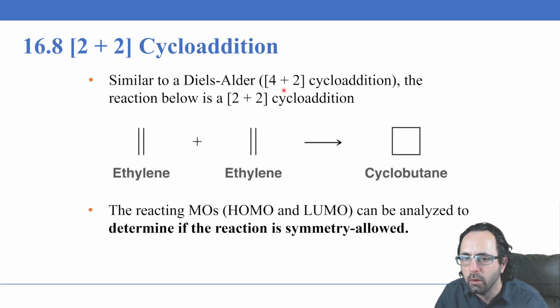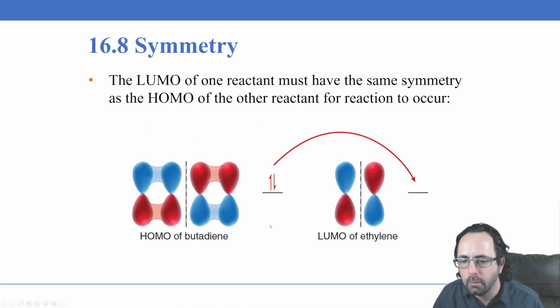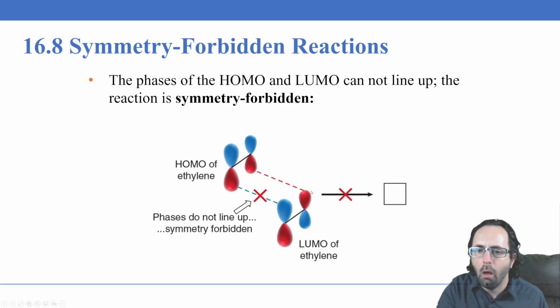Similar to these Diels-Alder 4+2 cycloadditions, the reaction below is a 2+2 cycloaddition, so these can occur as well. Let's take a look at the molecular orbitals and see if this reaction is symmetry allowed or not. If we look, we have two ethylenes, right? So the LUMO of one reactant must have the same symmetry as the HOMO of the other. In the case of the butadiene, that was true, right? And the electron could jump over. We saw that in the last example. However,